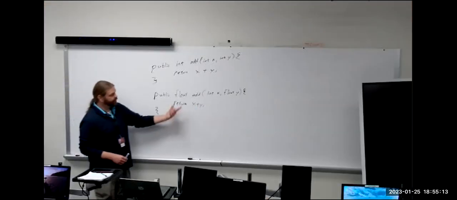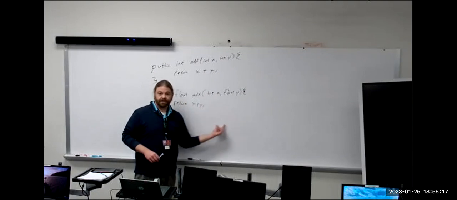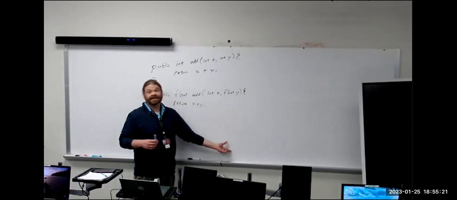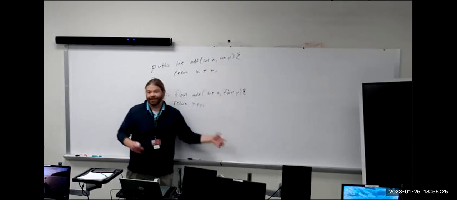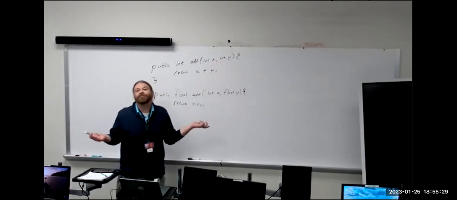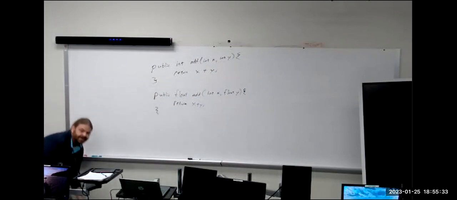Yes, because then there would be 2 more here. We could also have a float and then an integer. Could come in the other way, or we could have 2 floats. So it's not a safe side. We have to do that. If we're going to add 2 numbers and we don't know when we write the code what numbers the user is going to give us, we have to prepare for every situation. We can't do that in Python.